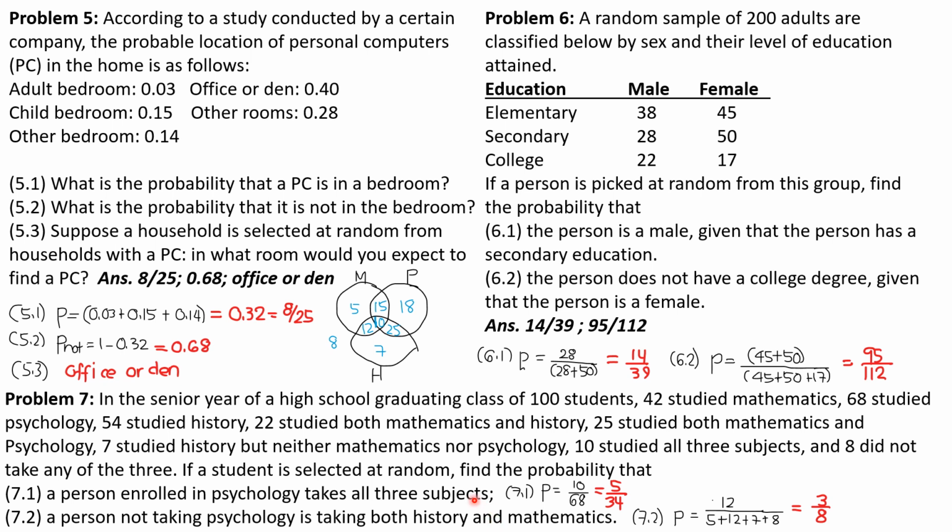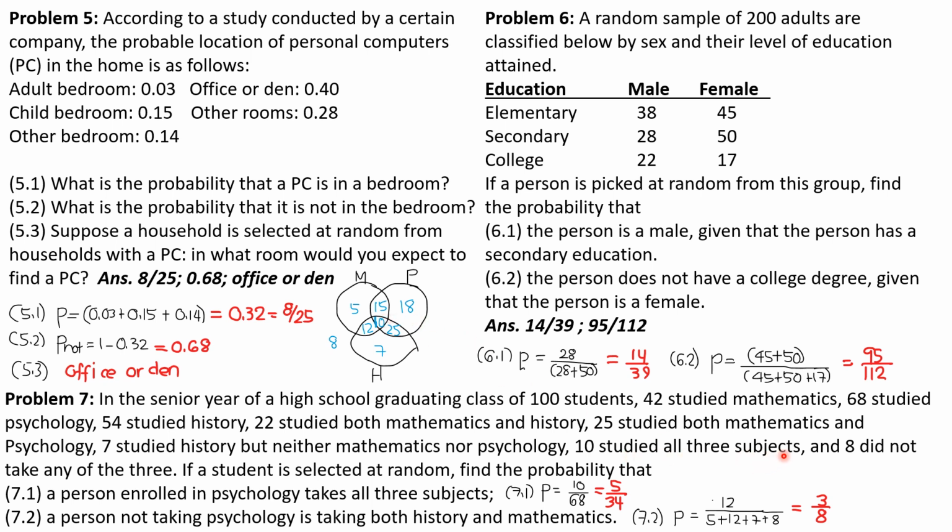So the solution to this needs this Venn diagram here to analyze, and these different subjects represented by mathematics, psychology, and history will overlap because we start filling in this space common to all these subjects, and it is mentioned here that 10 studied all the 3 subjects. That's why we put 10 there.